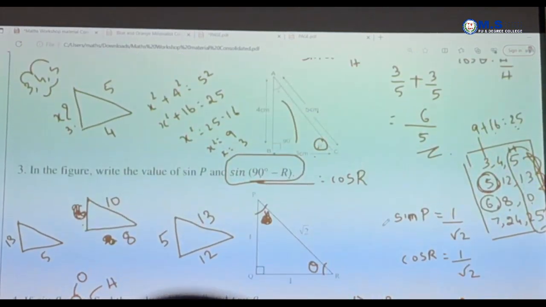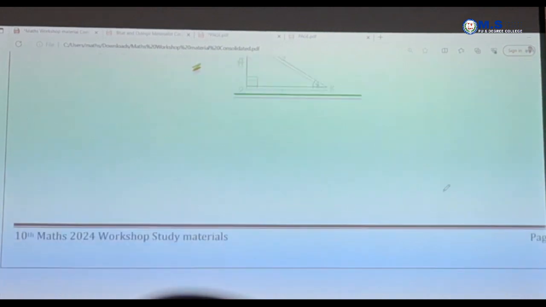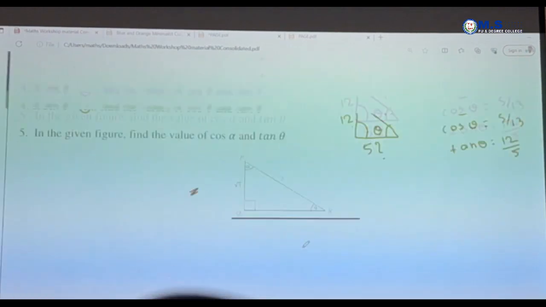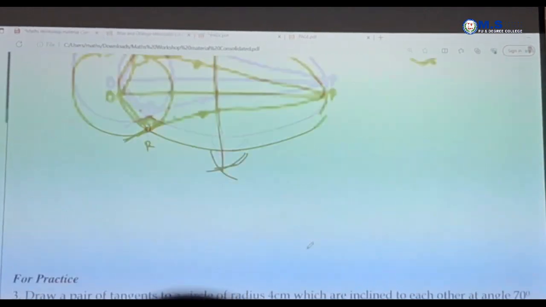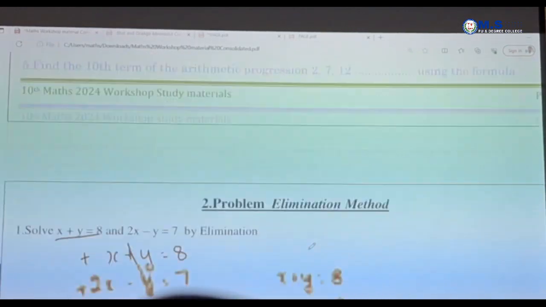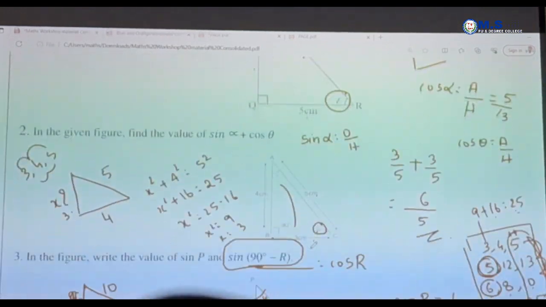Like this, there are thousands of triplets in mathematics. These are the triplets that you need to remember. The last 2 marks question is triangles. Everyone look, everyone can do this, right? See, there is no difficulty in this. Everyone can pass, it is not difficult, you can do it. Don't feel